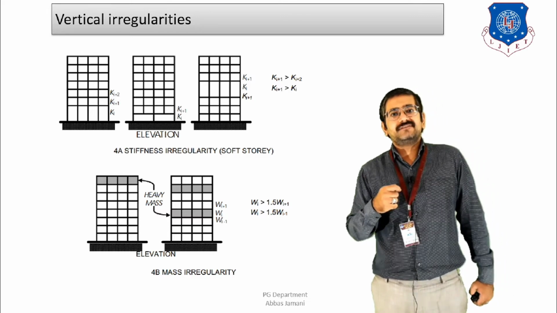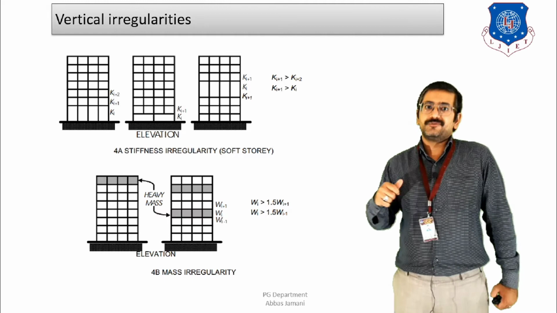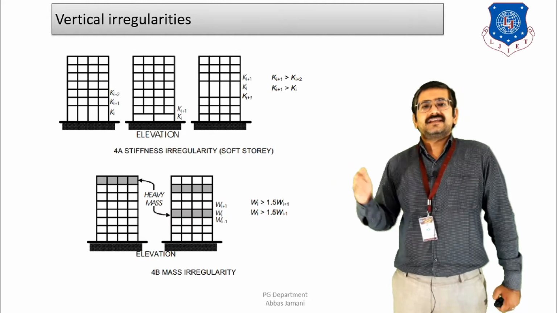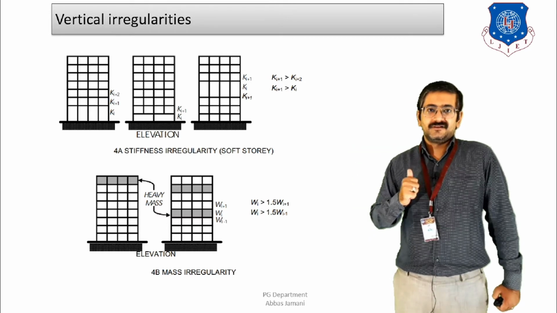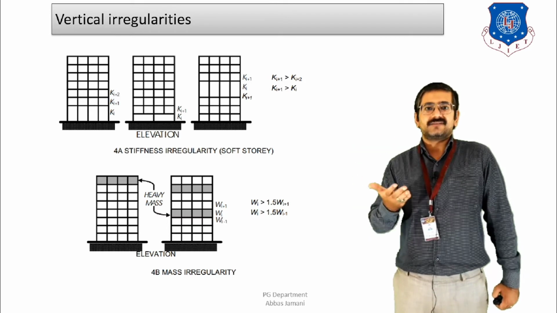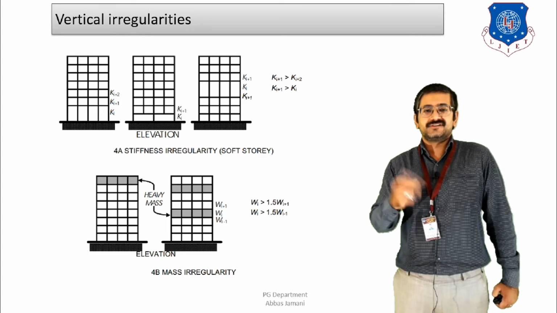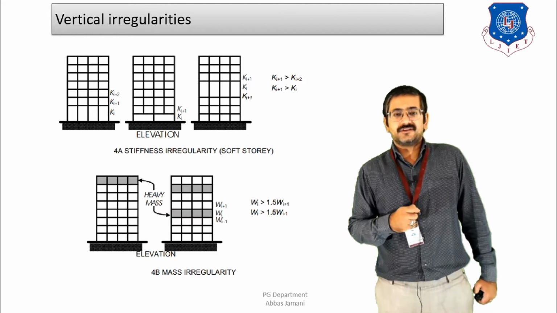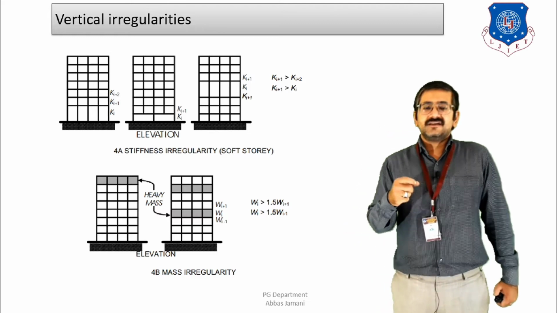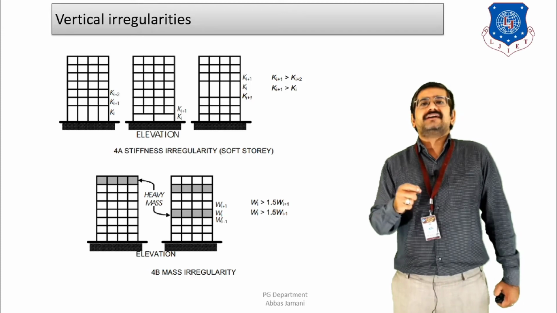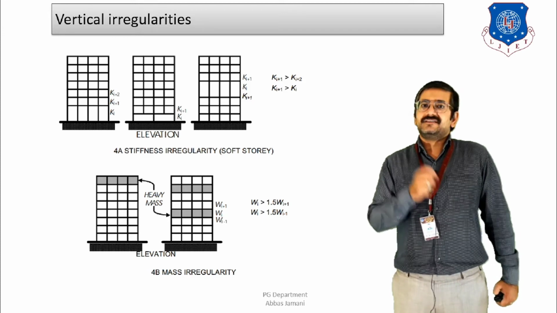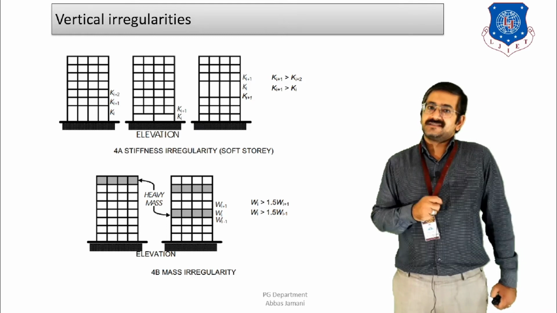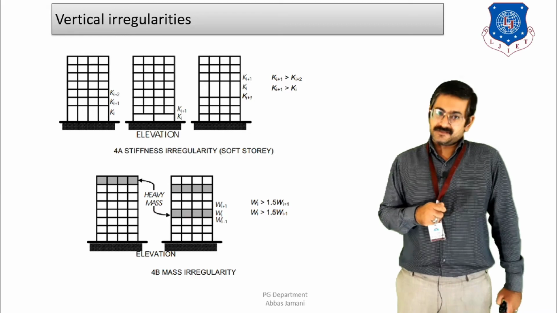For example, if you are having a swimming pool at the top of the structure, then the weight of the structure is going to increase, right? The second case is if there is a change in occupancy at the higher level, from residential to industrial use, or installing machines for making certain household products. Then the weight on the floor is likely to increase. So in both cases, wherever the seismic weight increases more than 150% of the floor below, mass irregularity will be considered to be present in the structure.